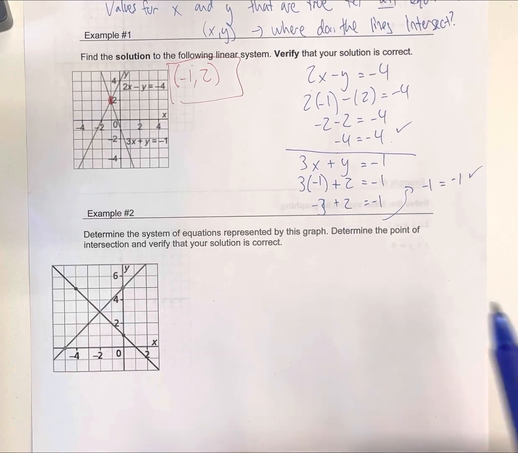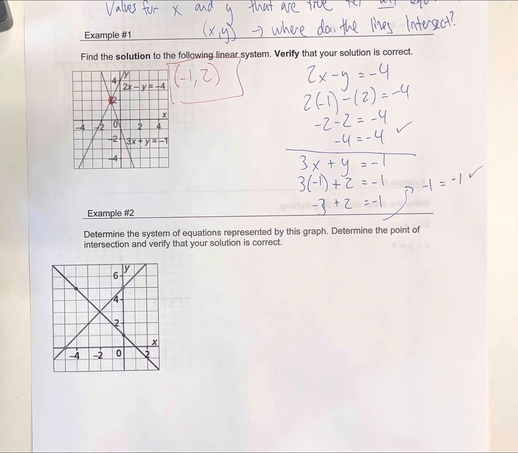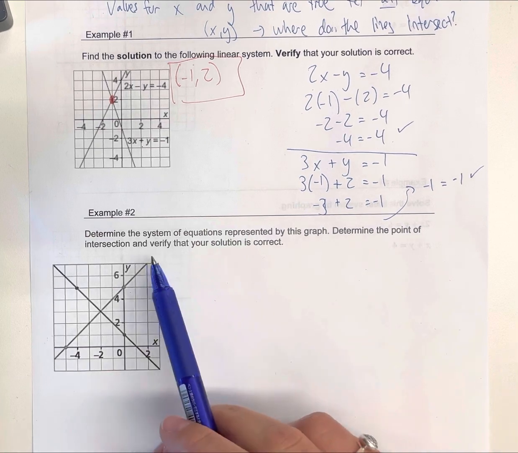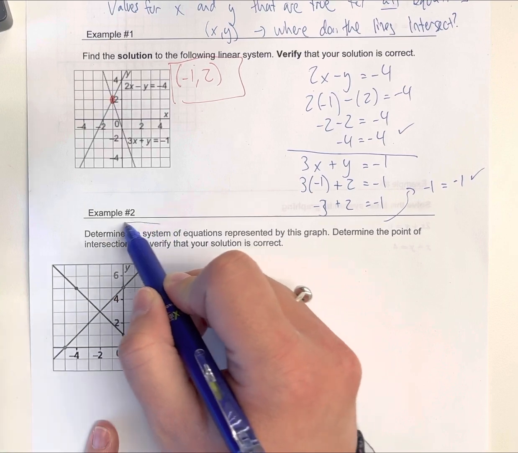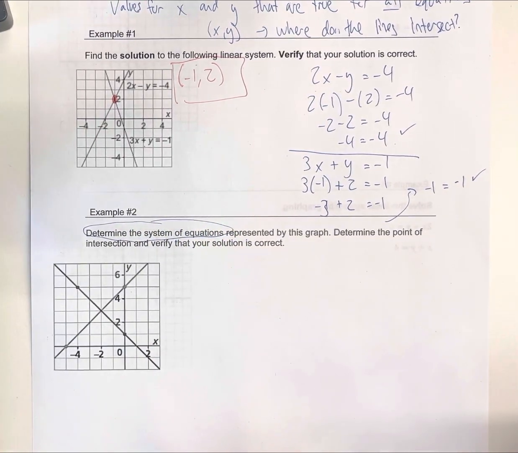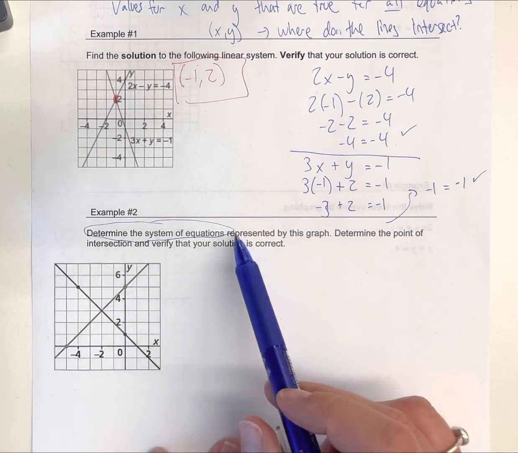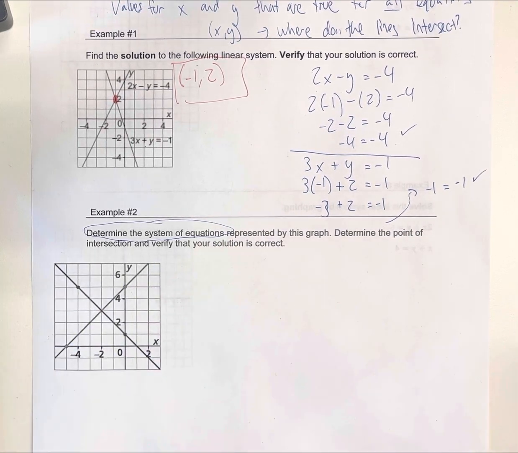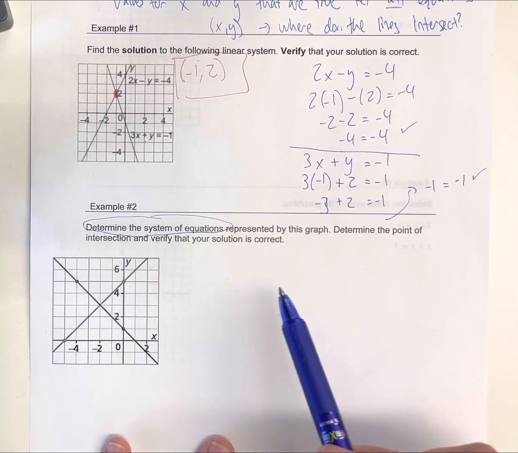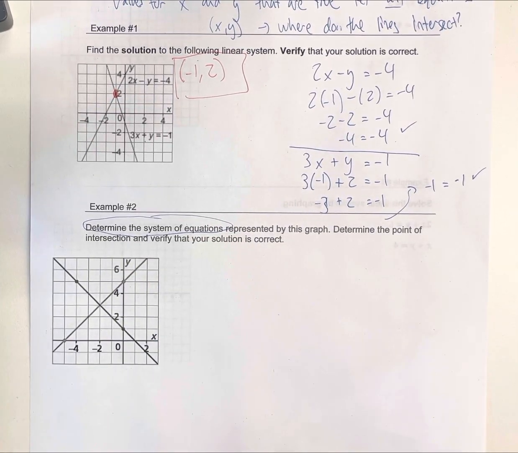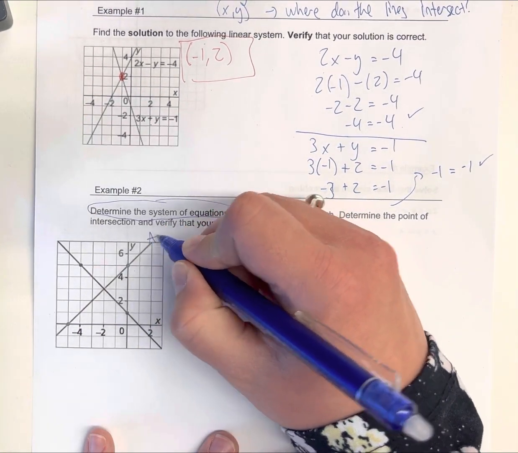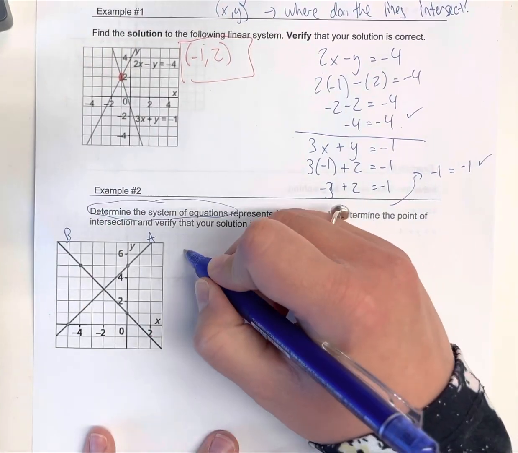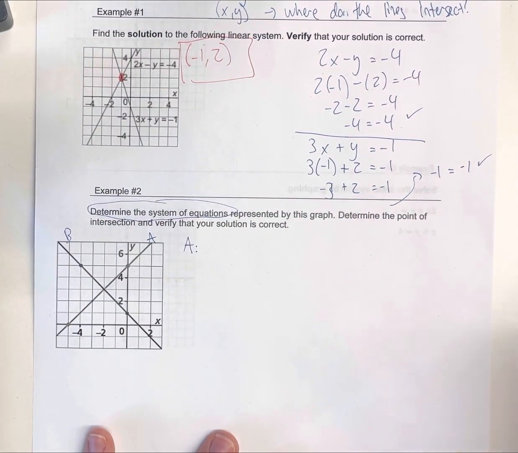Let's try another one here. Determine the system of equations represented by the graph. Determine the point of intersection and verify that your solution is correct. Okay, so determine the system of equations. A system is just more than one equation at a time. So determine the equations that make up these lines here. Then determine the intersection and then verify. This is 3 things. It's actually a lot of things to do in one question, but let's give it a shot here. I'm going to call this equation A and this one B, just so I can keep my stuff organized here. So starting off with A here,